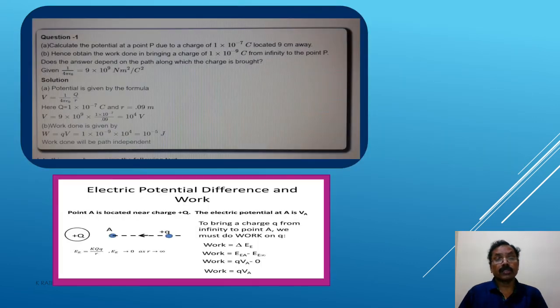And one small problem to find out the potential in case of the charge moved for a 9 meter distance, and another one is the work done to bring the charge of 1 coulomb. The values are substituted here in the equations for the potential, and here the work done will be charge into potential.